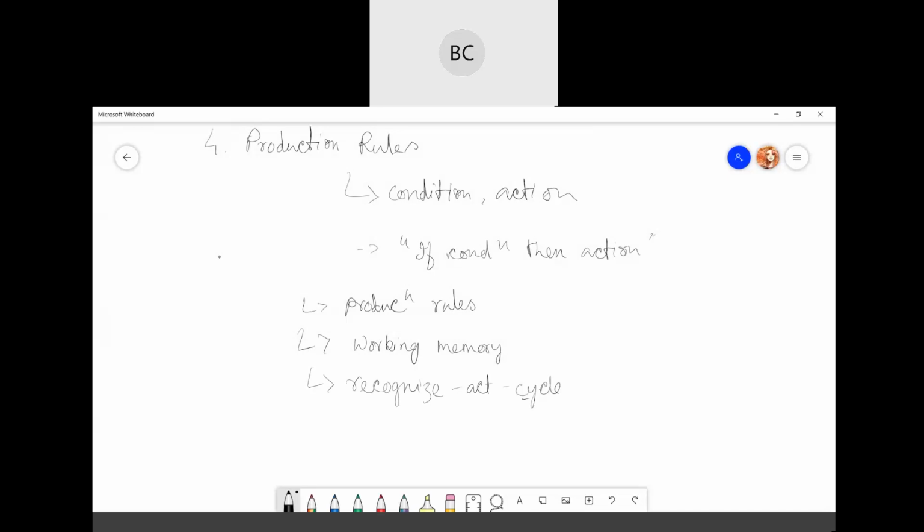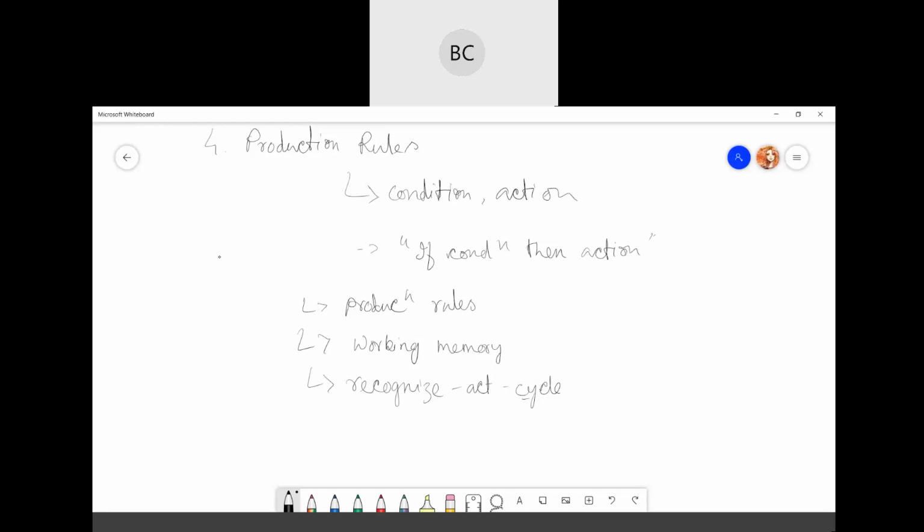Suppose some conditions match already existing production rules, or some function has already done that part; it will try to recognize that and act accordingly. This cycle is a continuous process. It will keep running whenever it gets a new situation or new type of sentences.